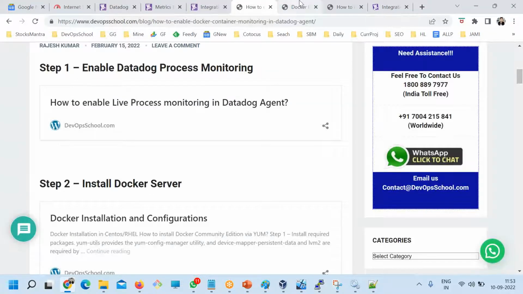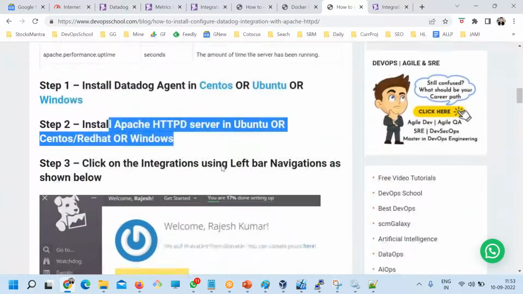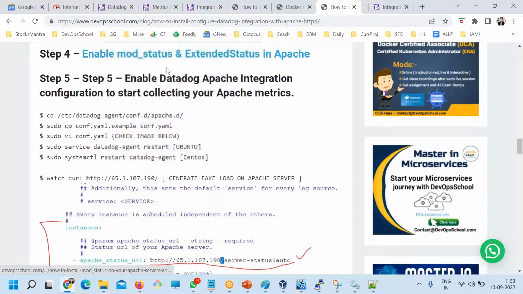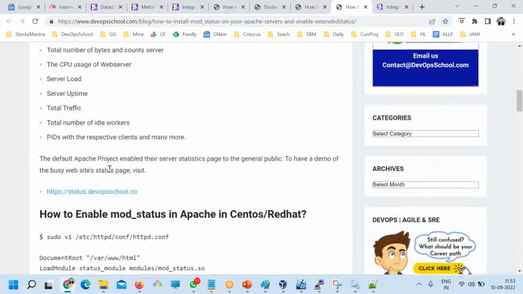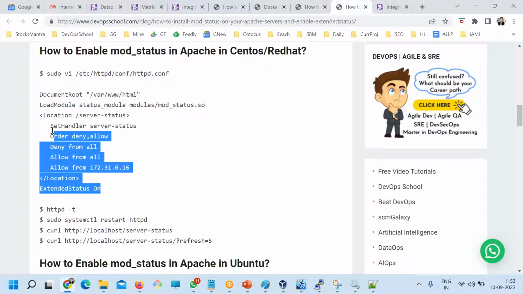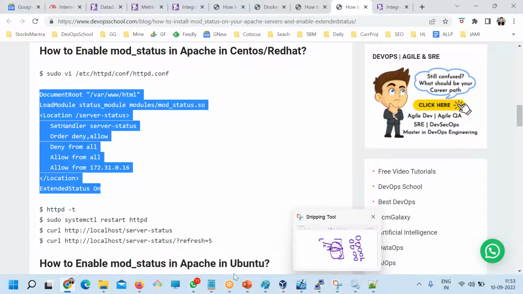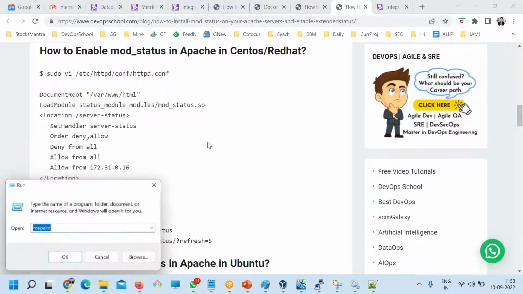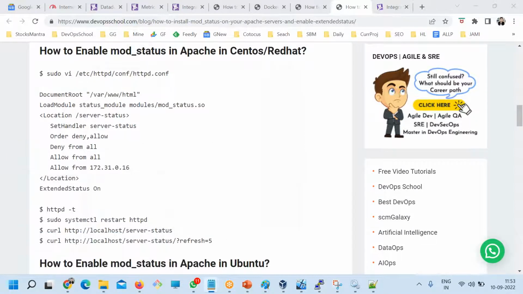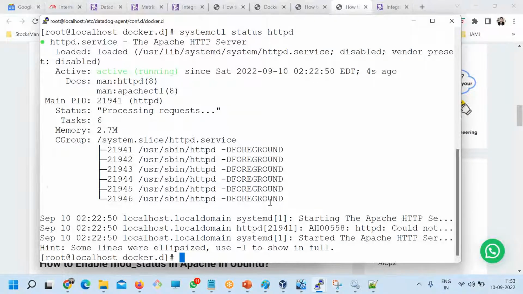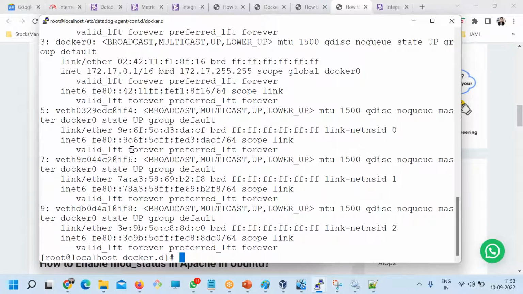So for this, you know what? You have to follow this process, and which is this one. Okay, so this is Apache related things. So here you have to modify this file and put inside this. And this is the stuff. So you have to introduce this code and the IP address.